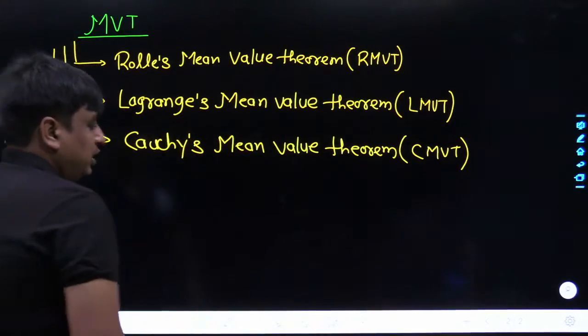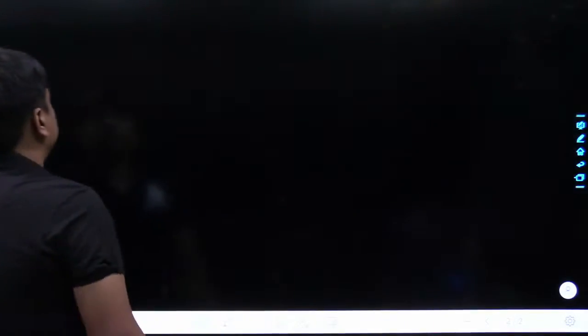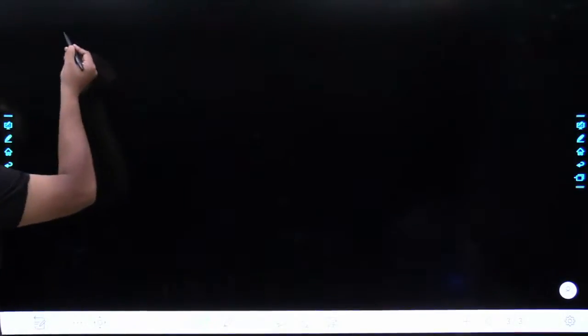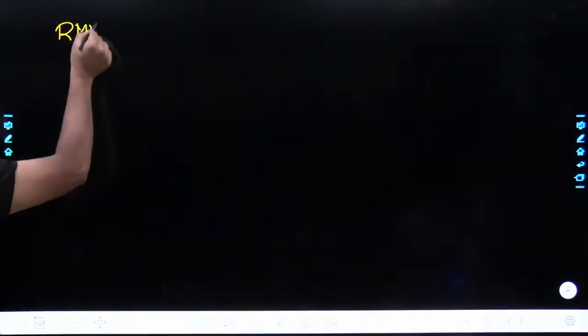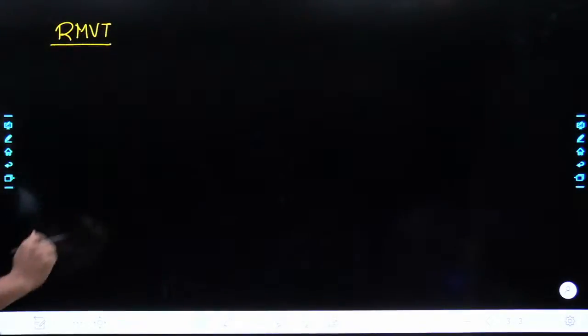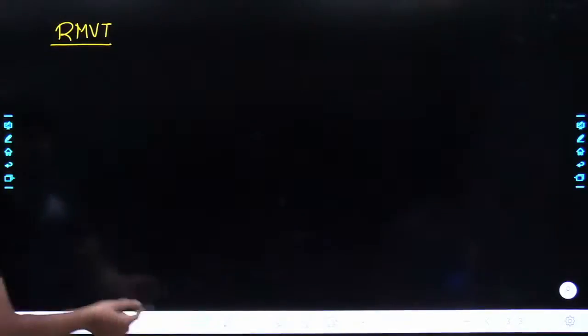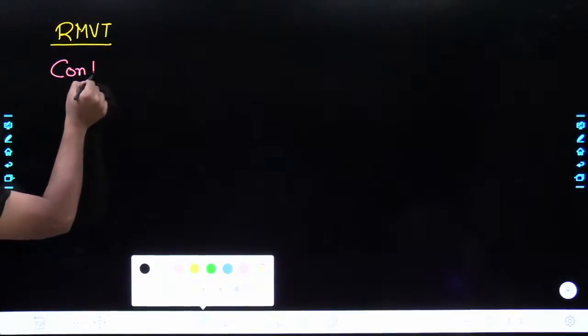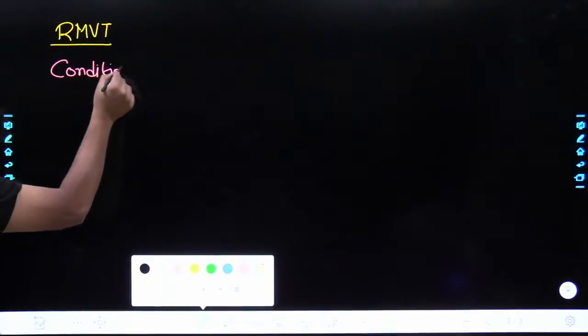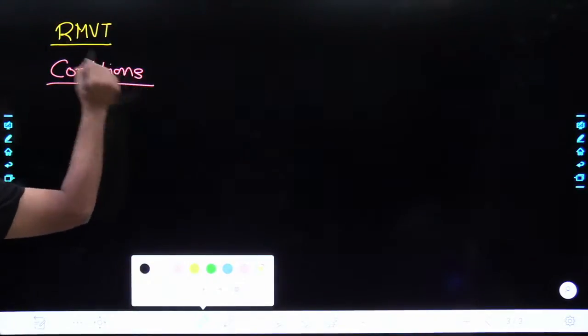Let me go to the next page and put the heading as RMVT, Rolle's mean value theorem. Is that part clear? Now within Rolle's mean value theorem, first we talk about the conditions. The first condition,